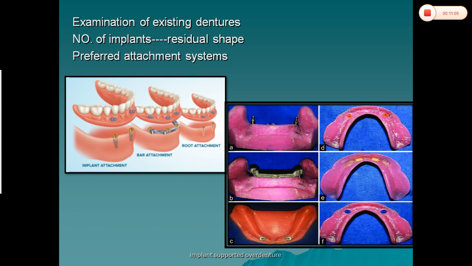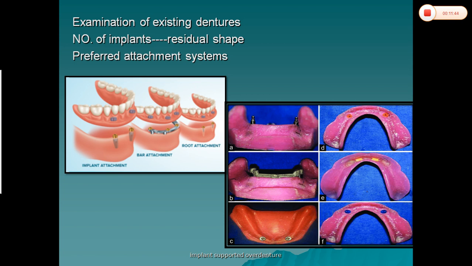First, you have to place the dentures in the patient's mouth and check the aesthetics, whether the teeth arrangement or shade and size of the teeth are good enough. Whether the patient is happy with the dentures or not, first you have to find out. Then we have to check whether the dentures are in proper vertical dimension or not. If there is any severe attrition or any loss of vertical dimension, or if centric relation of the upper and lower denture is not relating properly, we have to go with new dentures.